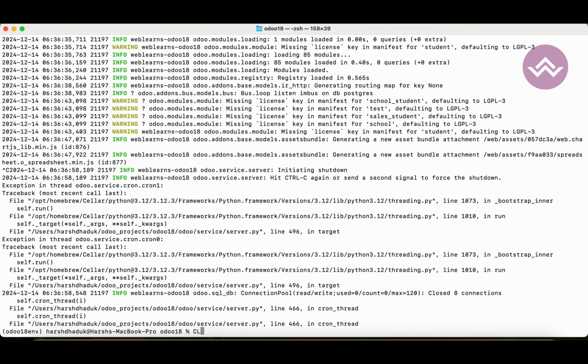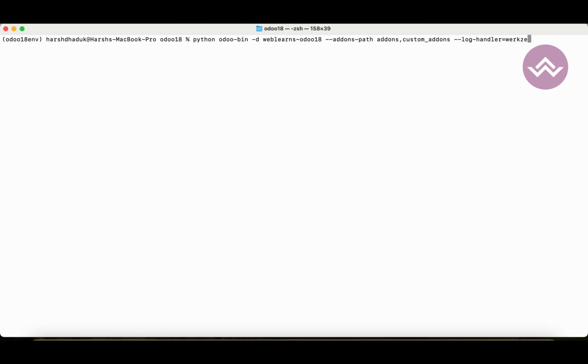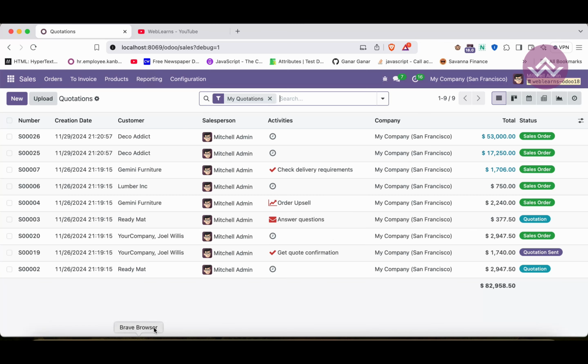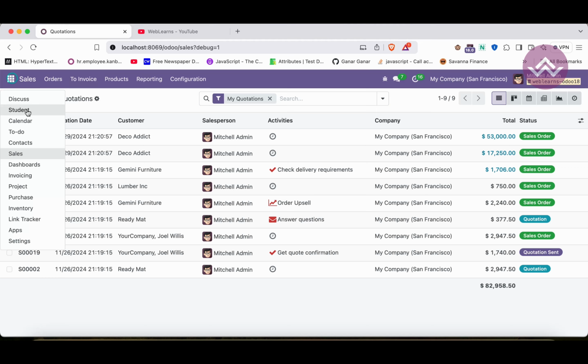Then here, let's say you want to track a specific module. Then you can use odoo.addons.student, and after that a colon, and you can provide here debug, or let's say the warning messages specifically you want to track. Debug, warning, let's say warning. Then let's say I'm going to the student,